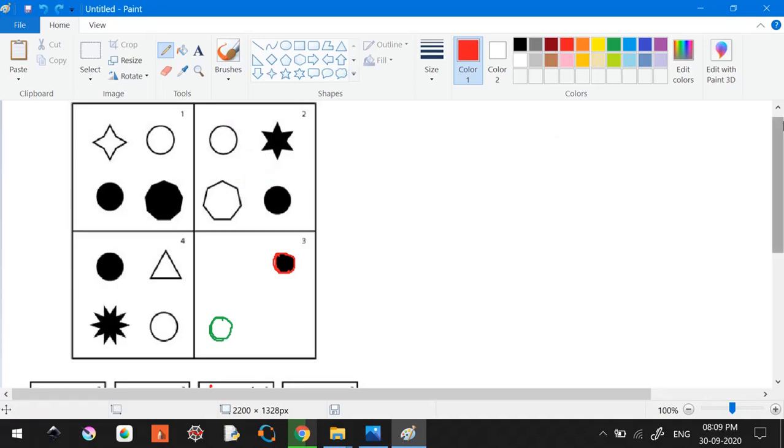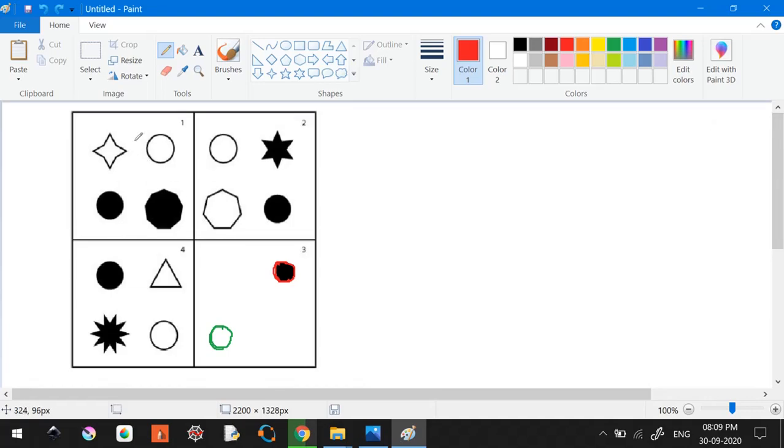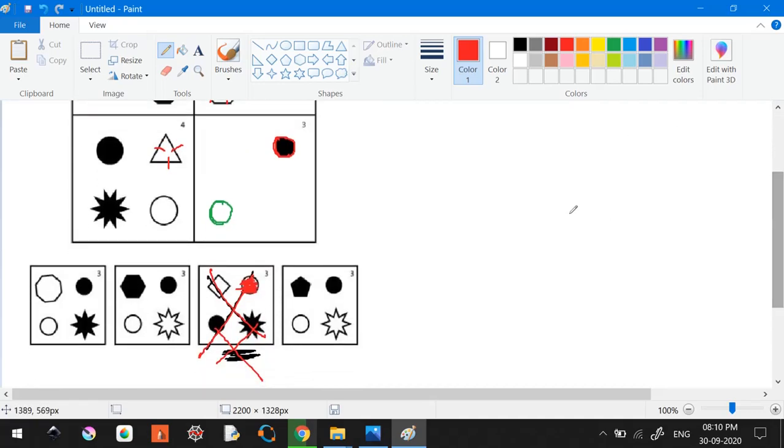Let's analyze what is happening with them. If you check this one, which is not a filled one, in the next one it is this shape. Okay, and this is 4. This is 1 2 3 4 5 6 7, 1 2 3 4 5 6 7 8 to 7. Okay, from here to here it is going to be 3. And in the options, if I see, I have